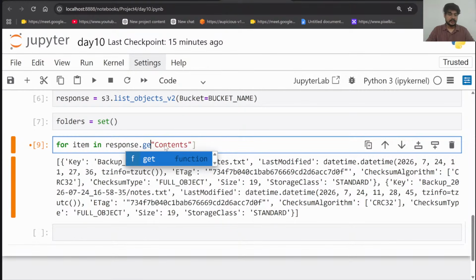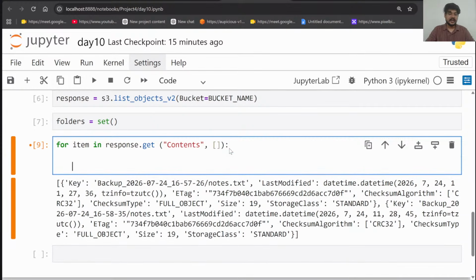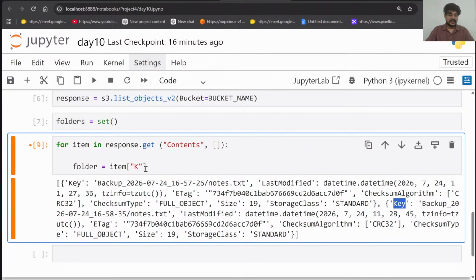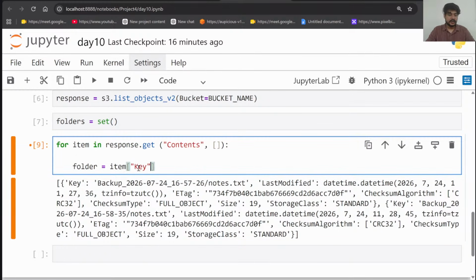So again, inside this response we will use the get method. In this get function, the response get function will go and retrieve some value here, and we will store it in an empty list in our case, right? So I'm just storing it inside of one empty list, and let me run the code. So sorry, control Z and colon, so close it. Now here I am applying a folder. Let me tell where it is stored. So inside folder I am telling, whatever values we have inside item, all the values there, their key. This key, guys, I'm going to use it here.